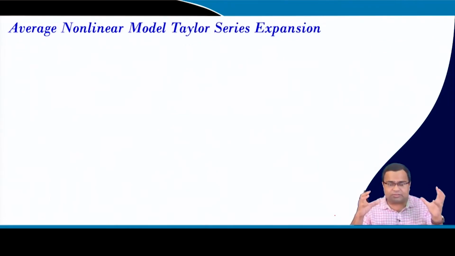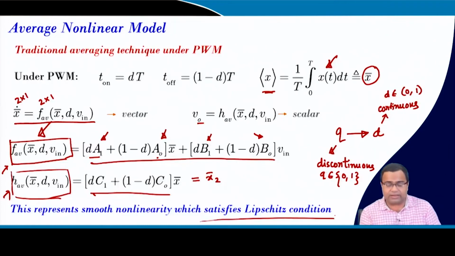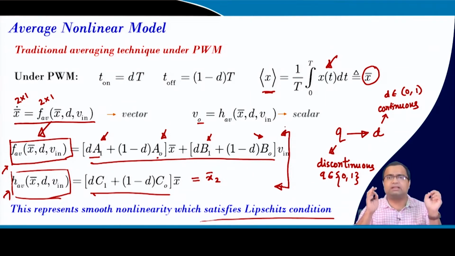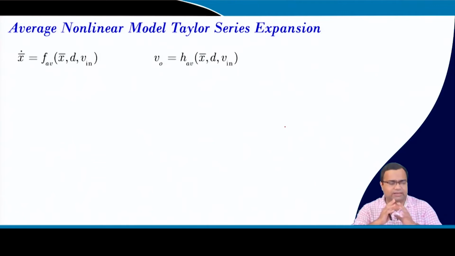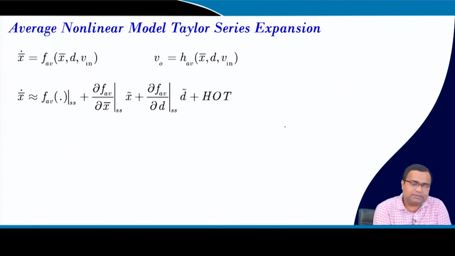If it satisfies the Lipschitz continuity, in fact you can take differentiation to any number of derivatives, and the derivative will exist because there is no discontinuity. So, this is a perfect example of a nonlinearity to which we can apply Taylor series approximation. If we have a discontinuous function, then we cannot apply Taylor series. So, it is a continuously differentiable function. Next, this average quantity we can write in Taylor series, because we have an average dynamics that can be replaced by approximately this function